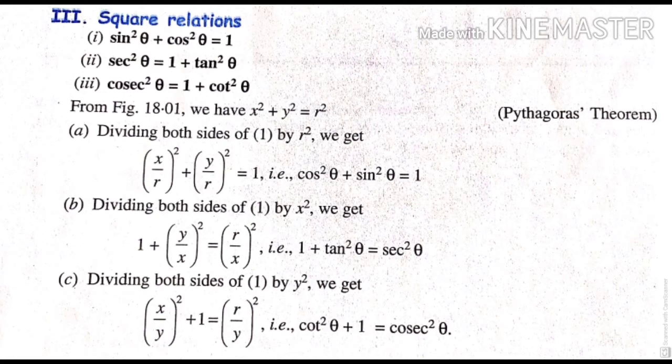First is sin square plus cos square is equal to 1. So whenever in the question sin square plus cos square comes, we put its value as 1. Then sometimes in the question sec square theta, we need to put the value as 1 plus tan square theta, and sometimes in cosec square theta we need to put 1 plus cot square theta to solve our prove that type of questions. So again you all have to remember these three relations which we have studied now.